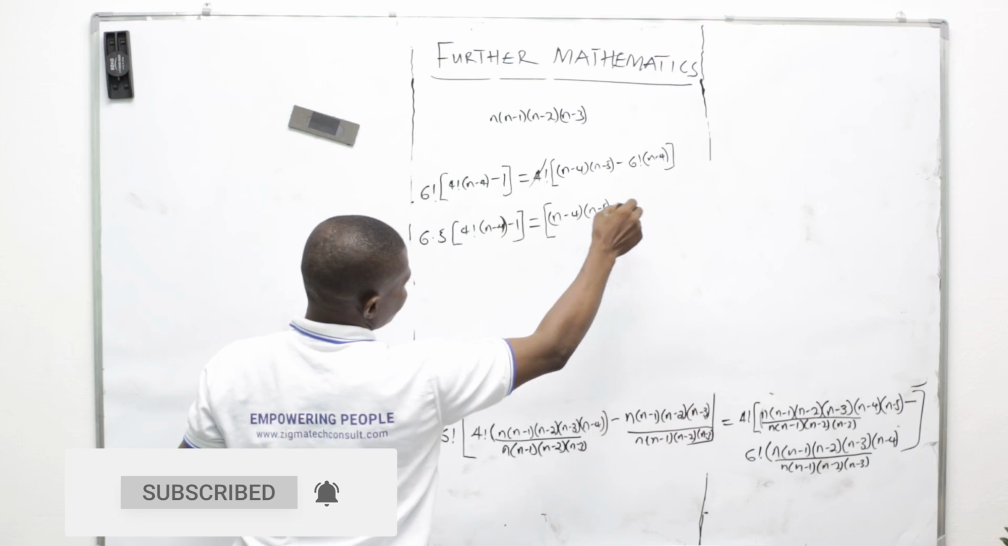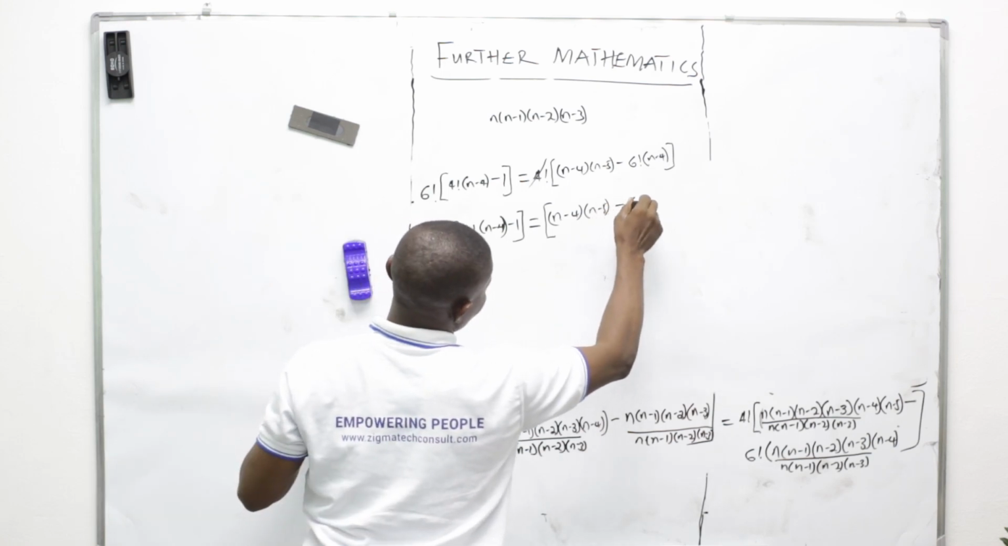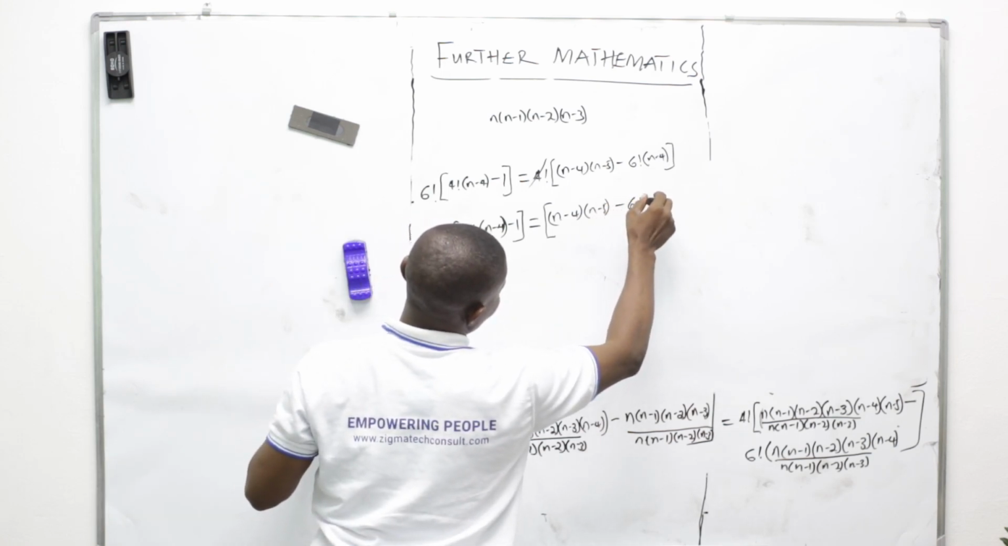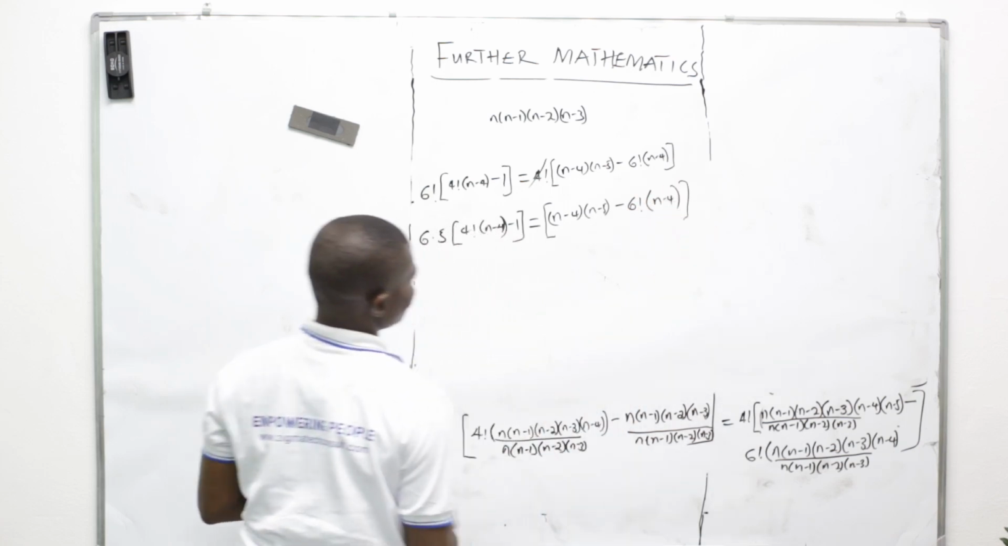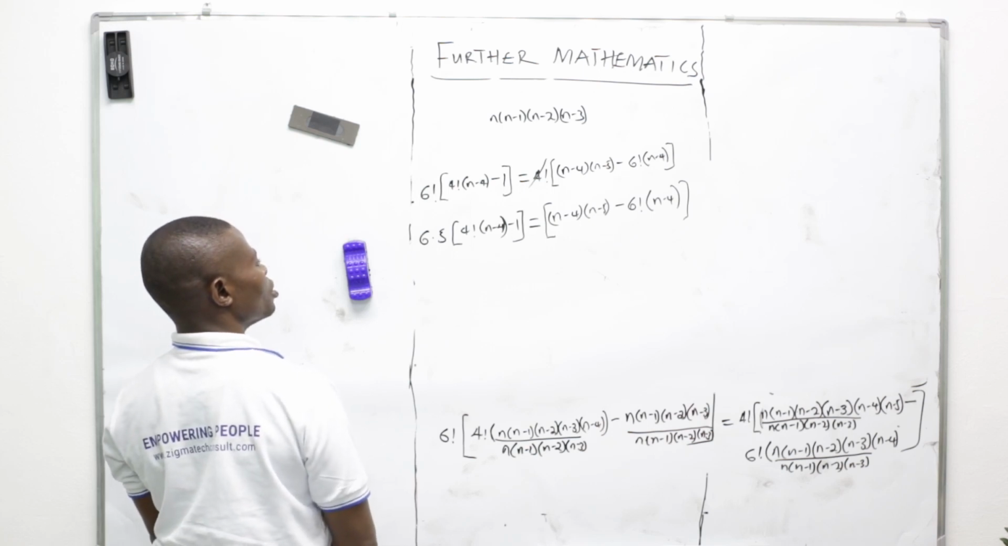minus 6 factorial into n minus 4, close it, okay? Now,